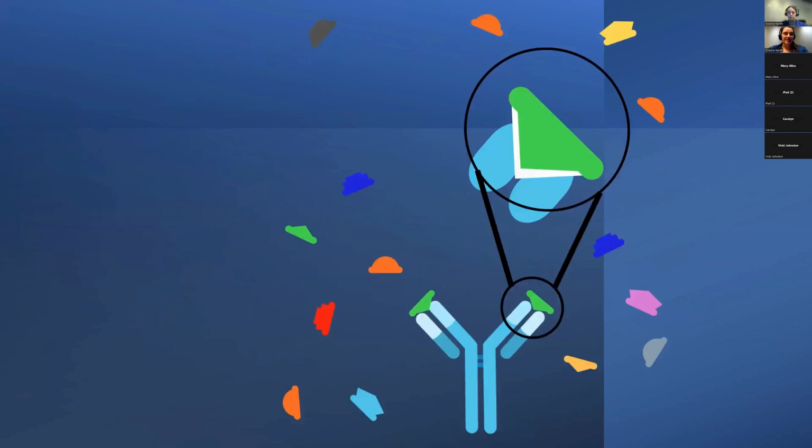So how does it do this? Well, think of them like little puzzle pieces. So here's an antigen, right there. It's got a very specific shape, and the antibody essentially forms like a puzzle piece. So they can only fit, bind, and attach to very specific shapes of antigen.